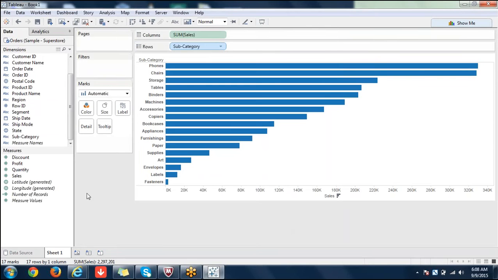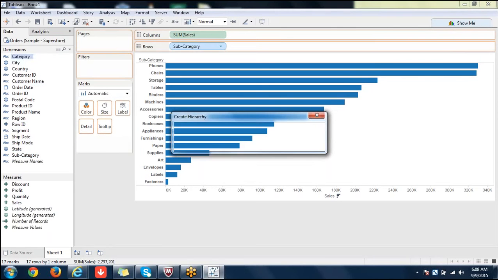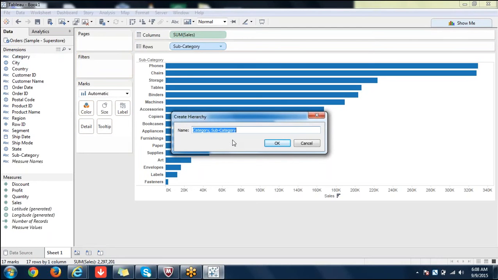Now, very important. I'll try to create a hierarchy. This is the way to create a hierarchy in Tableau. Where is category? See, I'm going to drag and drop onto category. That means it creates a hierarchy. Whenever you drag and drop between two fields which have a relation, that makes sense. Even if they don't have a relation, it will create a hierarchy, but it will not make sense. Tableau will not throw an error, but still it will accept.